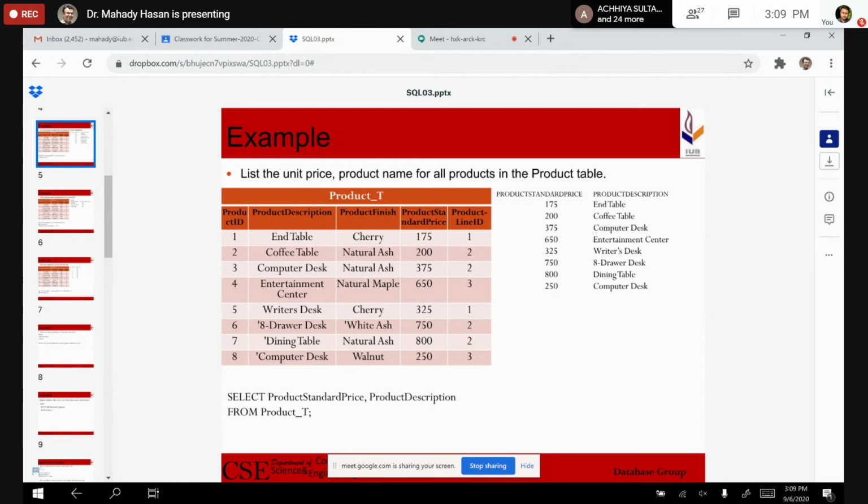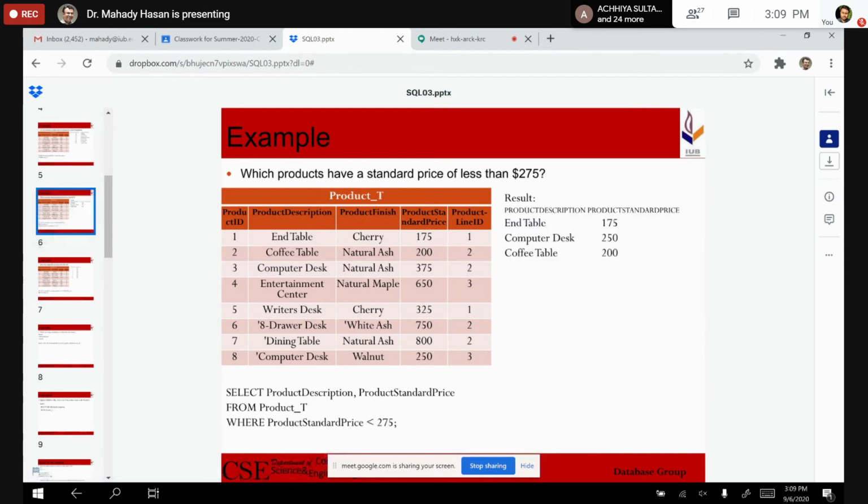Okay sir, thank you. Let me go to the next one. Here they are saying which product has a standard price of less than 275. That means anything less than 275 is which one? The first one, second one, and number 8, right?